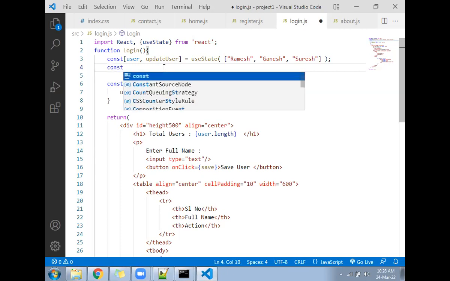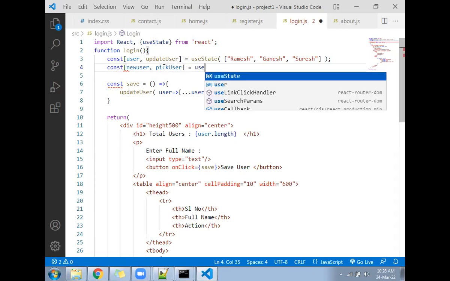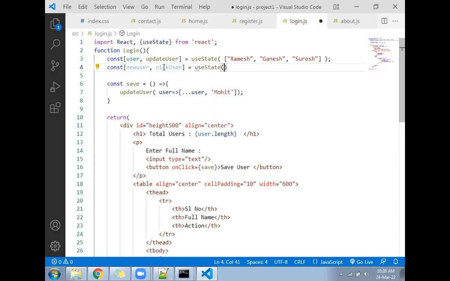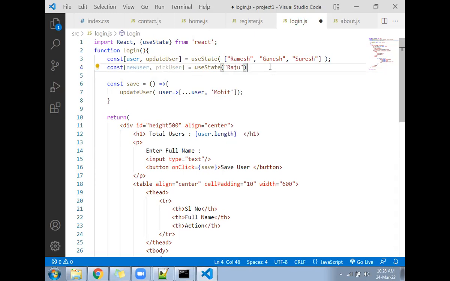Const new user, comma, set user, equal to useState as empty. Raju here by default. Raju. And after that, the default value will be